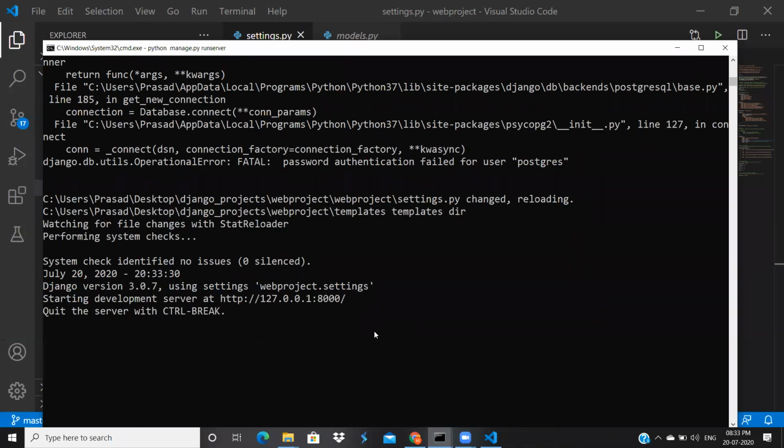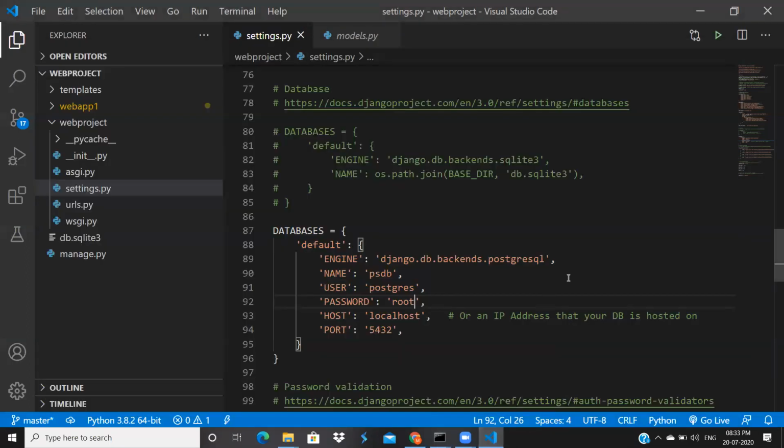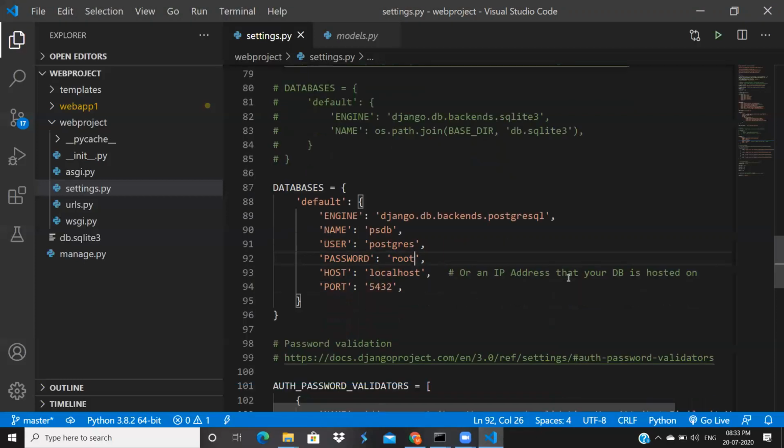You give username, password, and your database name. That's it. This Django application is already connected to your database. Whenever you execute the migrate command, Django will execute those SQL queries in your database. You need not worry about that.